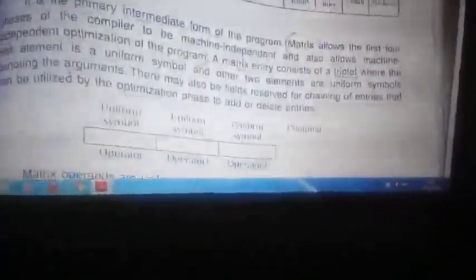Next, we need to have a database, the matrix. In the matrix you know how it is stored: the operator, operand 1, operand 2. The operator, remember, is minus: start minus finish. This is how we are writing it. The value will be stored in line number 1, M1. Whatever the value of start minus finish, wherever it is stored, that line is a temporary. Then it should be stored in the identifier table. So the identifier table will become huge. So this was the database in the intermediate, nothing but the interpretation phase.